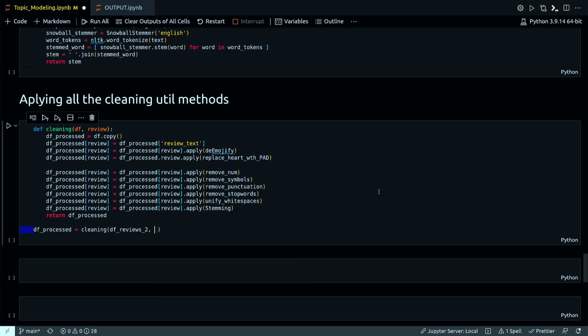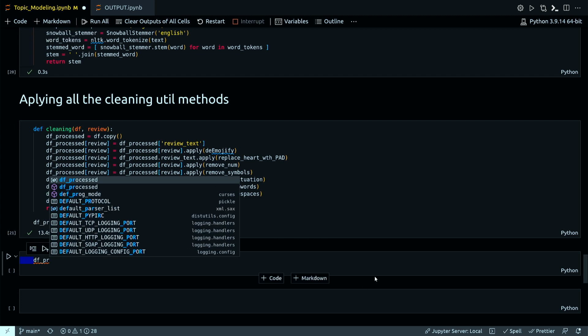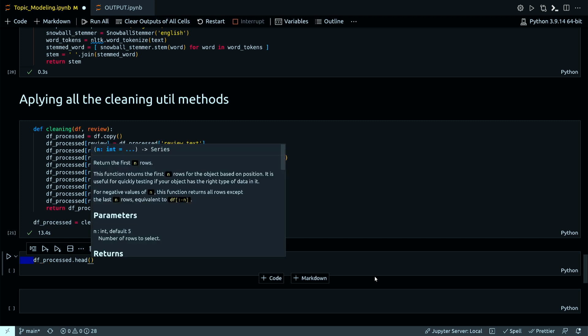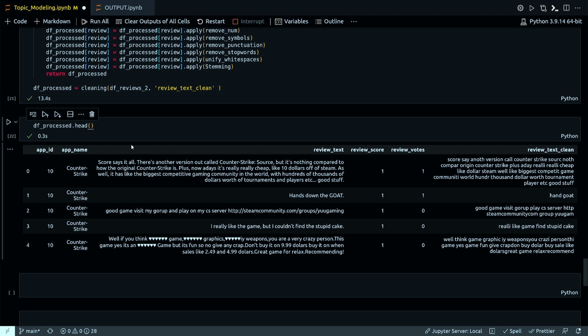And the new column name that I am going to give to the clean column is review text clean. All right. So now I'm just printing the head after doing all these cleaning. Yep. So now we can see we have this new column review text clean, and we can see all these